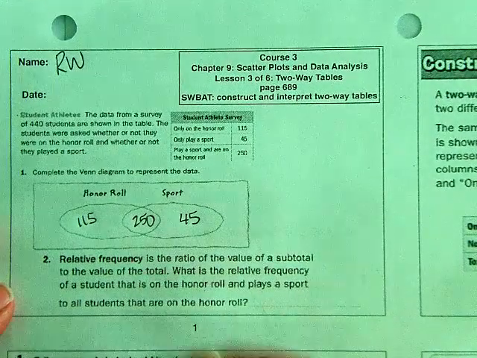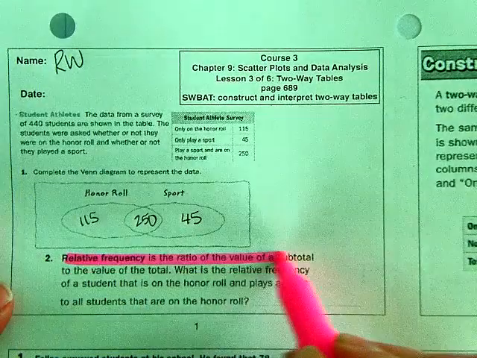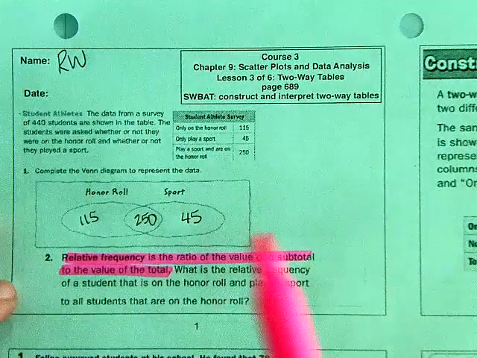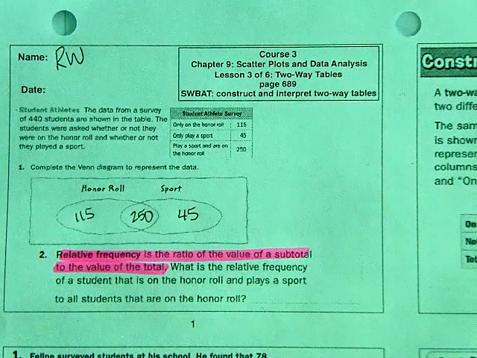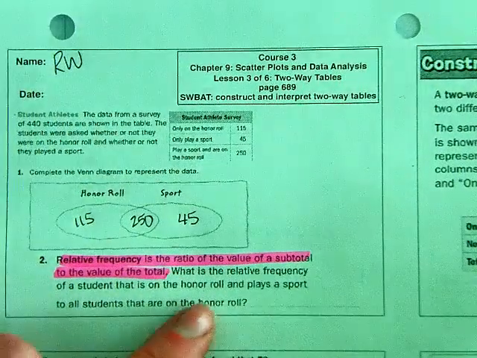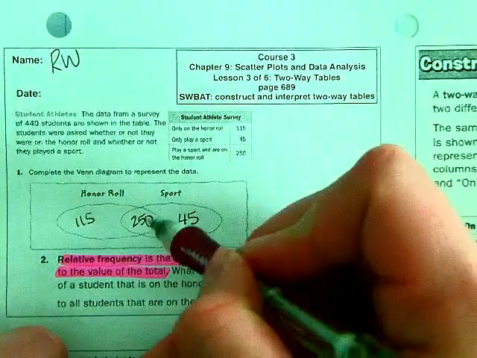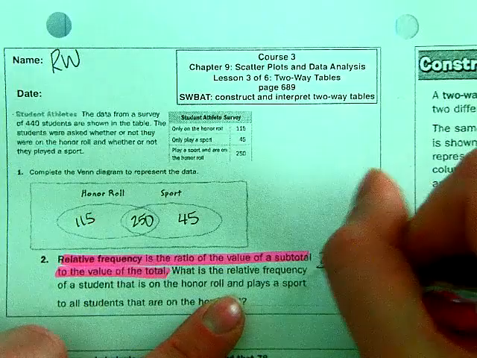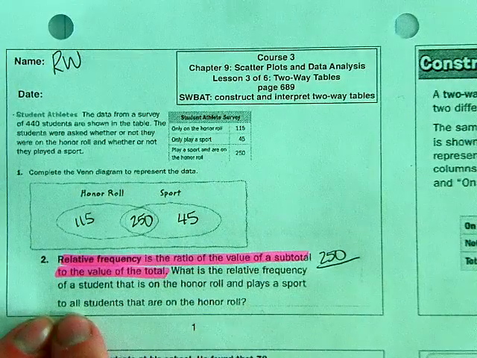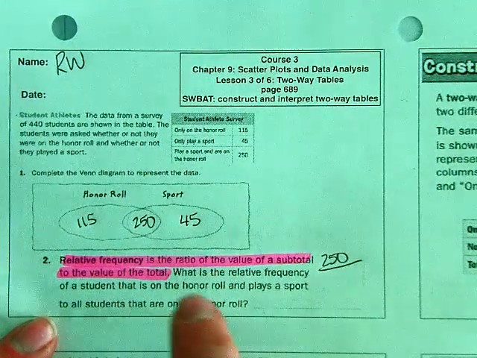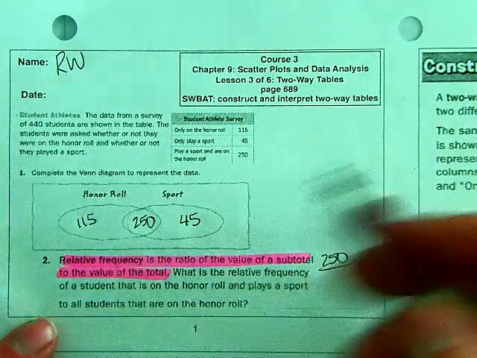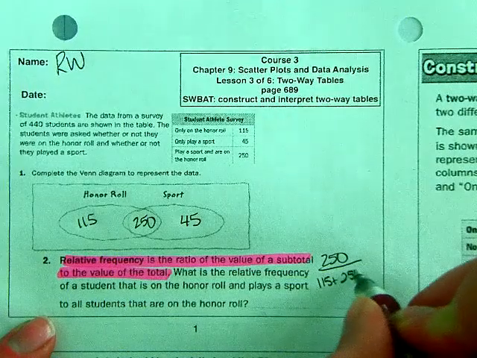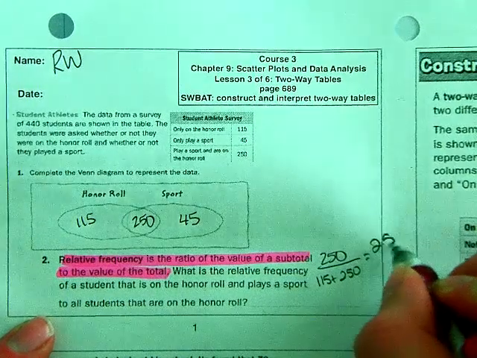So relative frequency is the ratio, so a fraction, of the value of a subtotal to the value of the total. What is the relative frequency of a student that is on the honor roll and plays a sport? So on the honor roll and plays a sport, that's 250 over all students that are on the honor roll. Total on the honor roll would be this entire circle, so 115 plus 250,